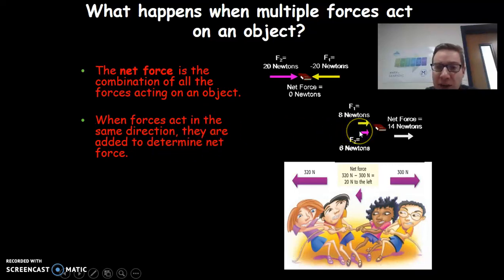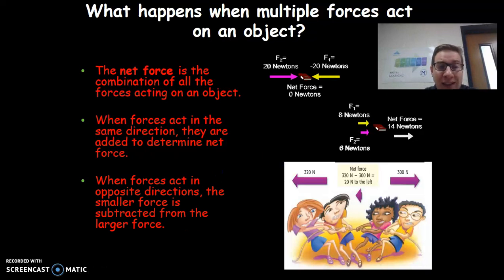So here's an example right here. I have 8 newtons plus 6 newtons, and the net force is 14 newtons going this way, because they're both going in the same direction, and they're going to push the book. The other case is when forces act in opposite directions, and the smaller force is subtracted